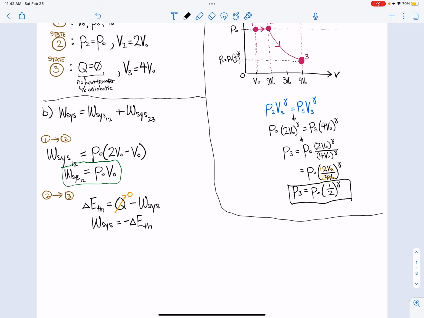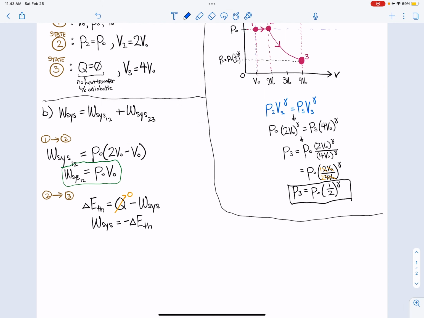We found out in chapter 19 that this case is always true, right? For an adiabatic process, for an isothermal process, for an isobaric process, or for an isochoric process. So if your pressure is constant, if your volume is constant, if your temperature is constant, in any process, we should know that,